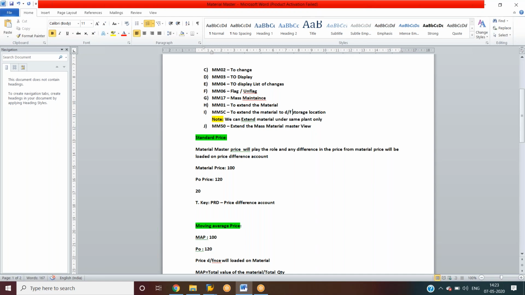For extending the material to different plants and different storage locations we can use the transaction code MM01, but MMSC will be used only to extend the storage location within the same plant. I have mentioned it as a note also. So MMSC is used to extend the storage location under the same plant.